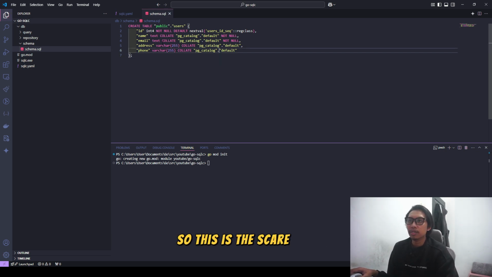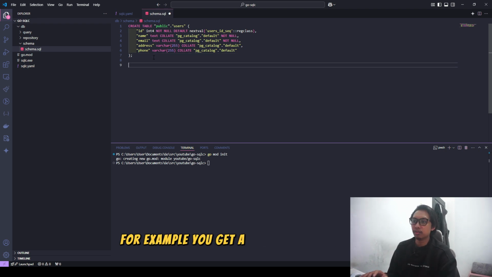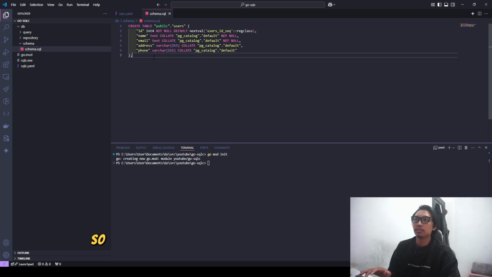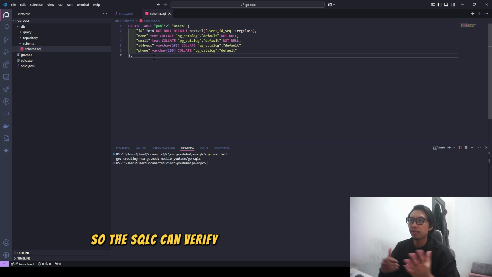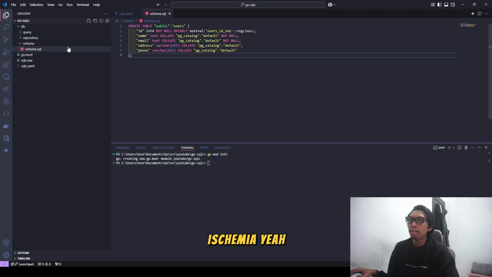So this is the schema. If you have a lot of tables, for example user roles and others, put them in here. So SQLC can verify and generate the code based on this schema.